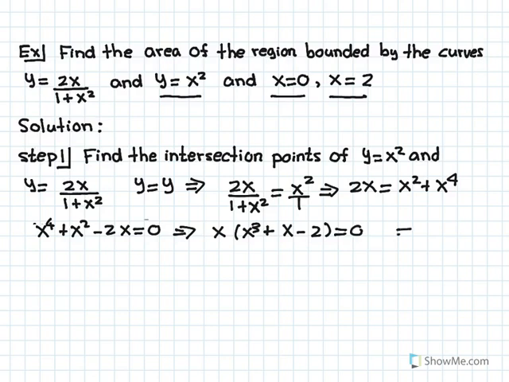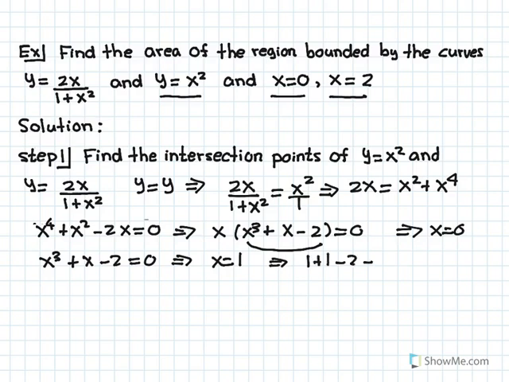So one solution clearly is x equals 0. But now we have to solve this cubic polynomial, and these are often tricky. There is no easy algebraic way of solving that, so we just have to make a good guess. So a good guess would be x equals 1, for example. Let's try that. X equals 1, and if we plug this in, what do we get? We get 1 cubed, which is 1, plus 1 minus 2 equals 0. It works. That means x equals 0 and x equals 1 are the x-coordinates